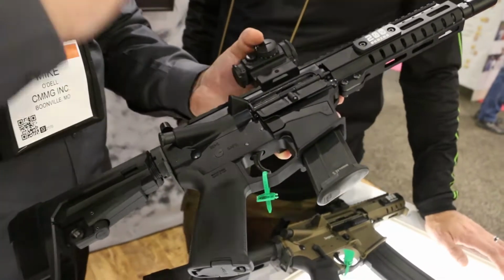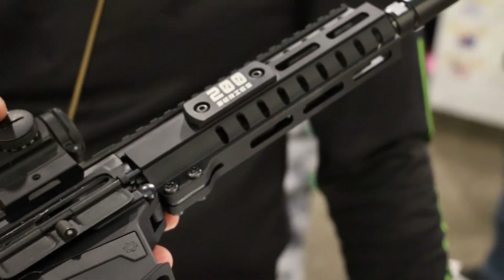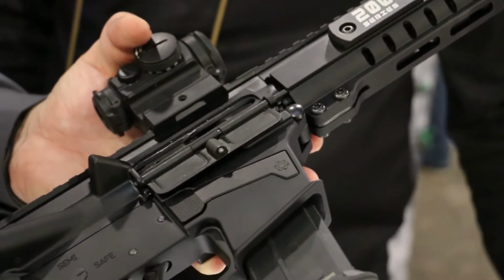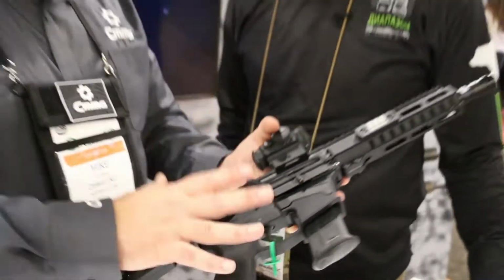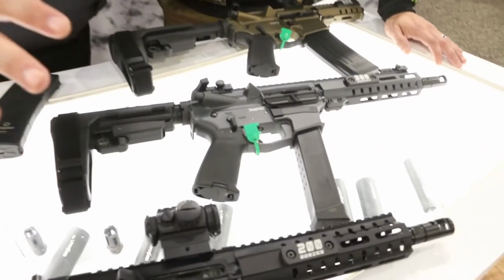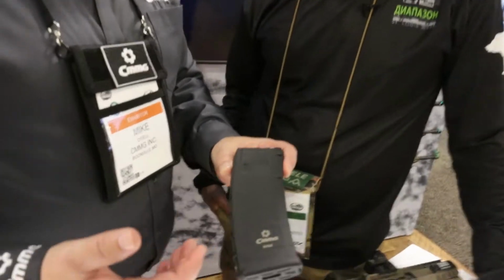This is our radial delay blowback. It takes FN 5.7 handgun magazines. This was our introduction into having our own gun chambered in 5.7x28. It has been out since mid 2018. Then last year we came out with the 9mm AR conversion,